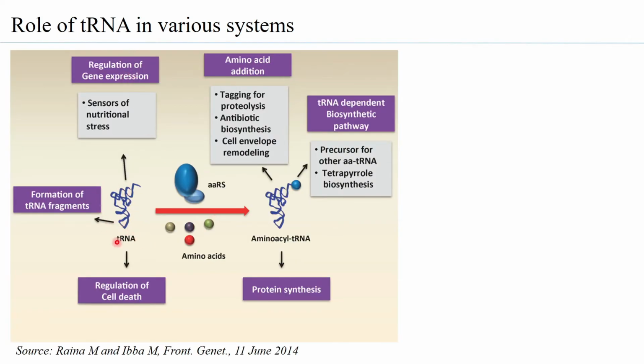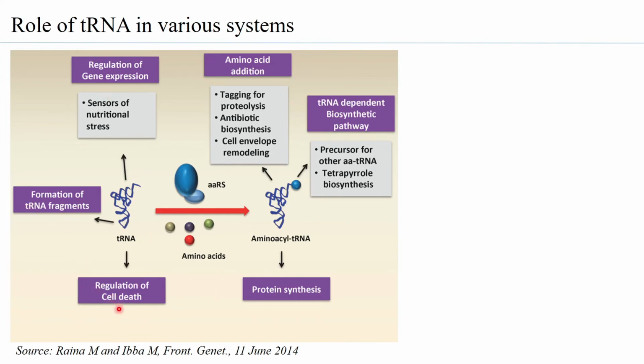So one can observe that when you have uncharged tRNA, it can have a role in regulation of gene expression. This uncharged tRNA can be fragmented, and these fragments of tRNA can have different roles. You can have this uncharged tRNA having a role in regulation of cell death. So you can see how interestingly an uncharged tRNA, not being part of the protein synthesis, is part of